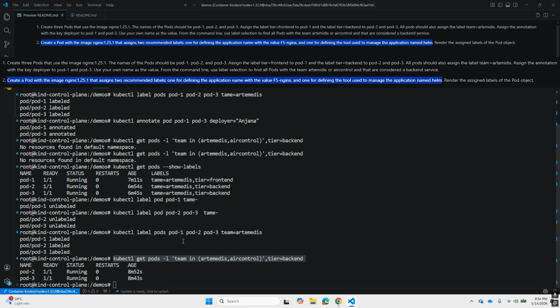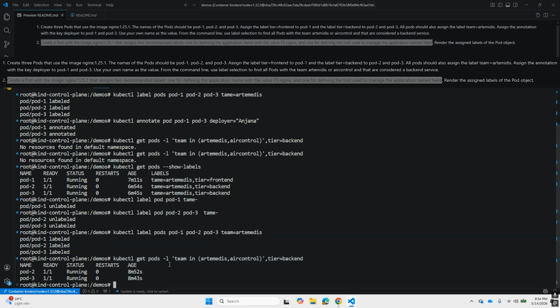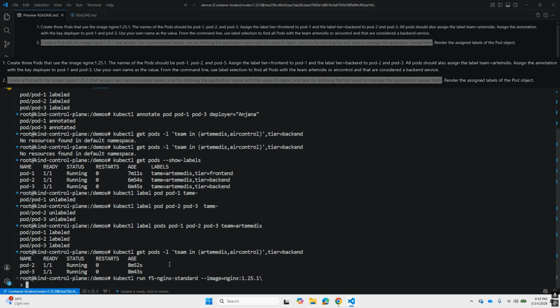So to do that, we can use kubectl run f5-nginx-standard, and then we can specify the image as, and then we can add the labels as